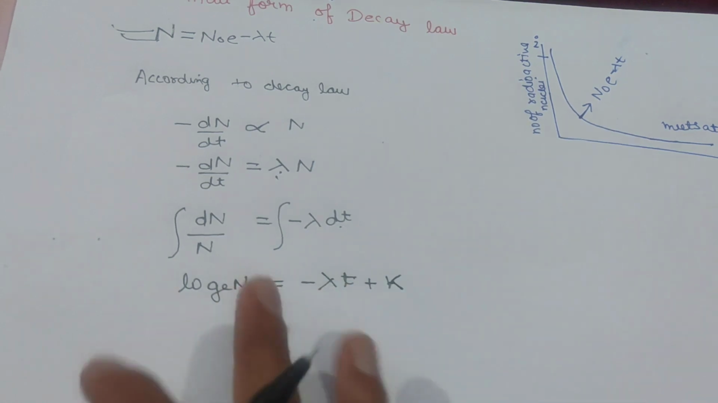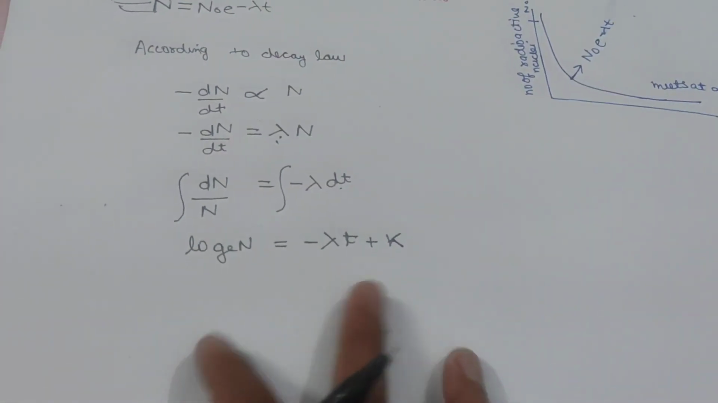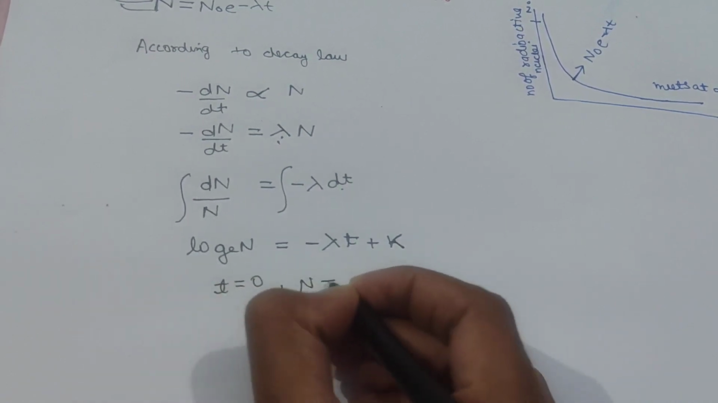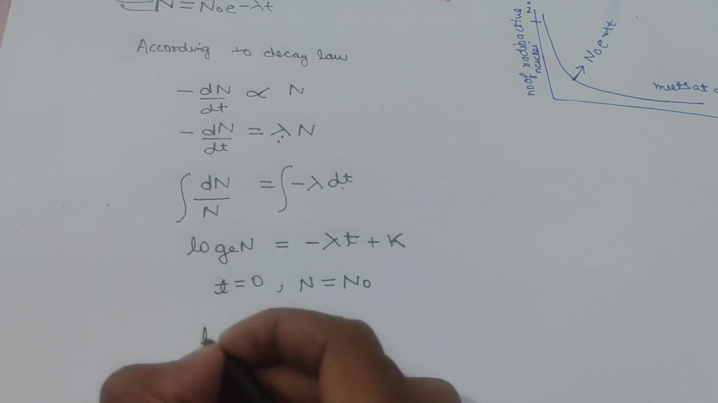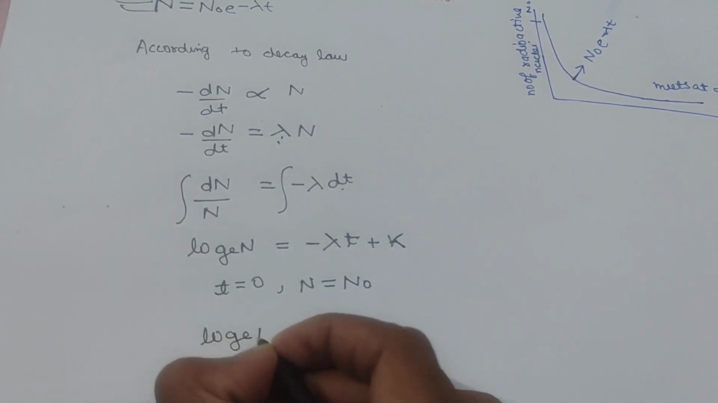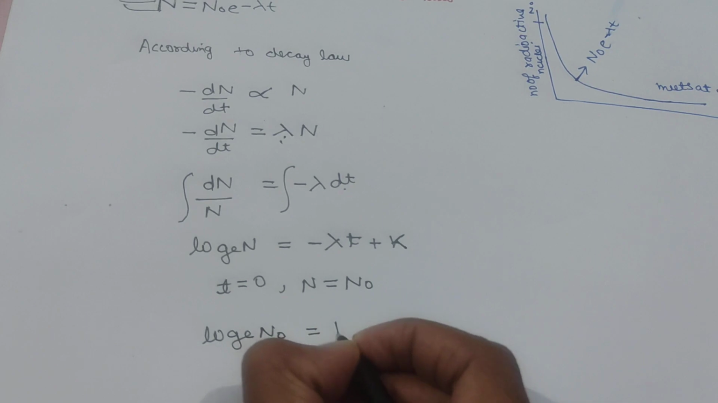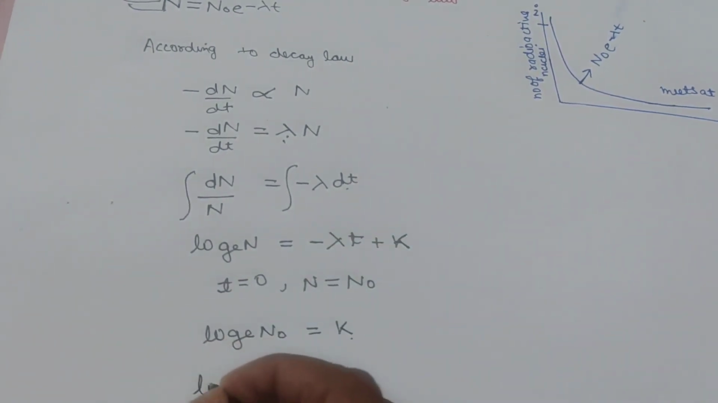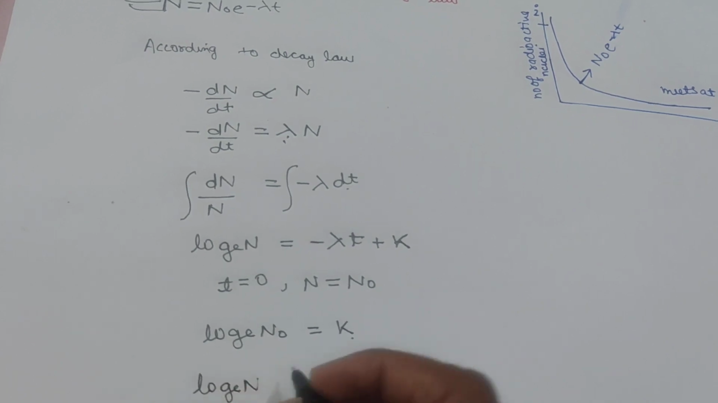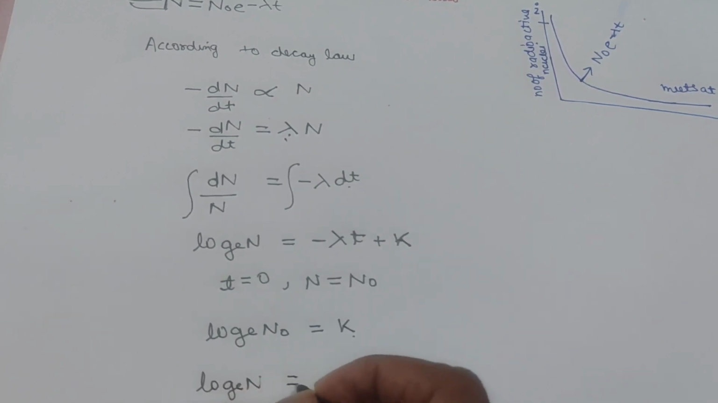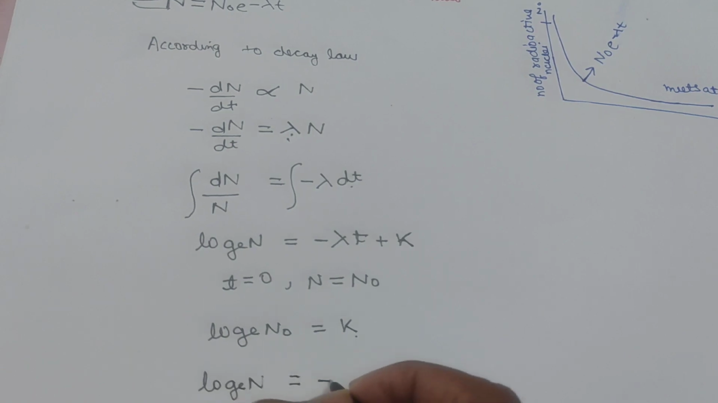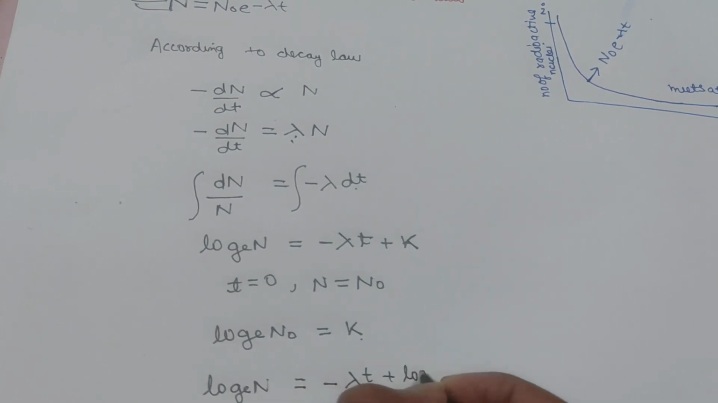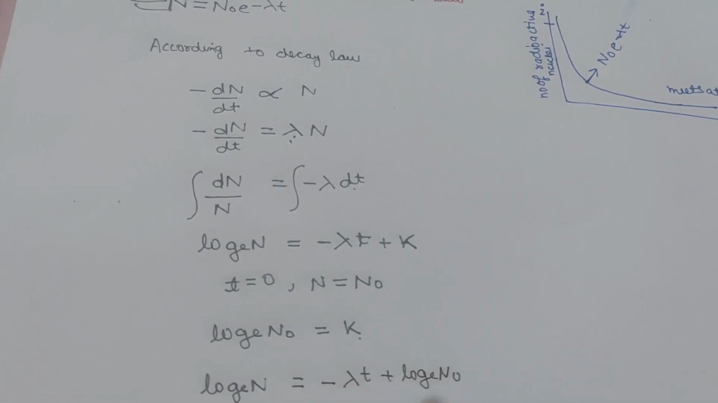is the constant. So when we put t equal to 0, then N is equal to N naught. So log e N naught equal to k. Now put the value of k in this. So log e N equal to minus lambda t plus log e N naught. Okay,